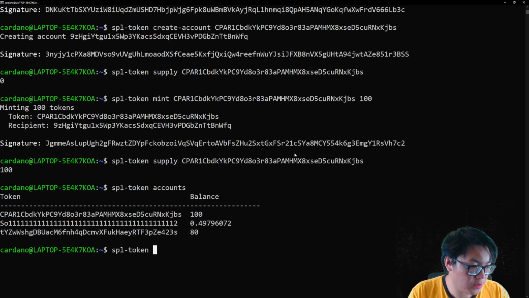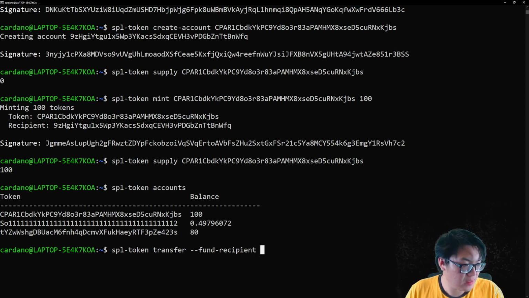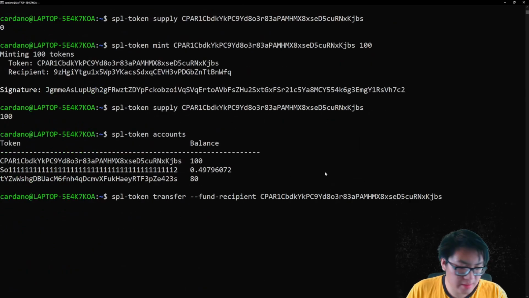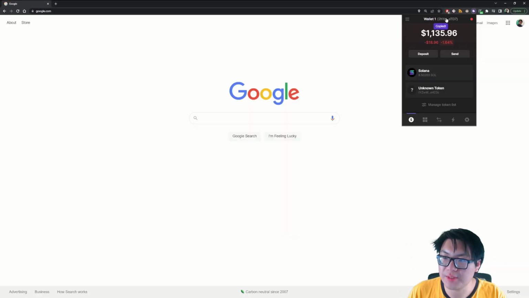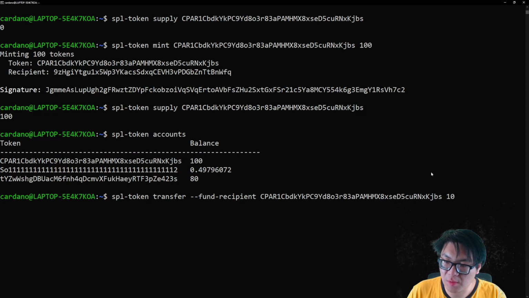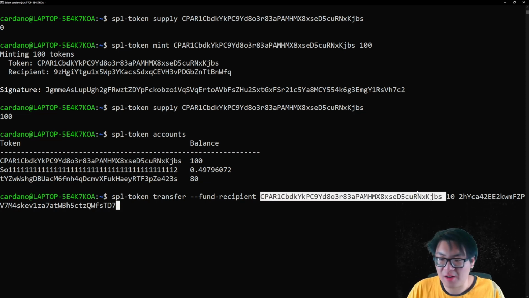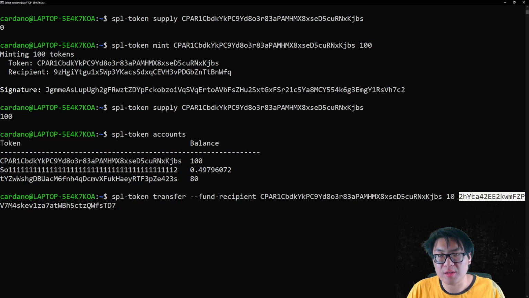So spl-token transfer --fund-recipient, make sure you spell that right, and then we need to give it the token ID, which if I scroll back up here is this one. And let's say we're transferring 10, and then we need the wallet address. So we just click this button right here. It'll copy our wallet address, and that should do it. So once we execute this command line, we will send 10 of our CPAR tokens to my Solana network that